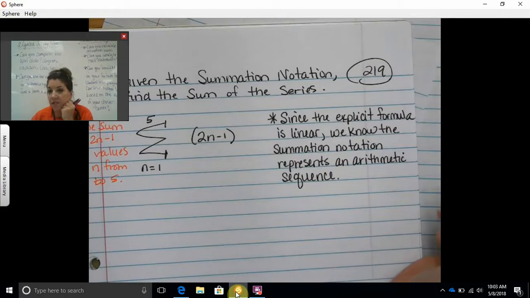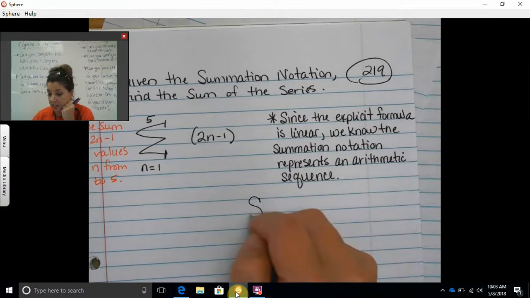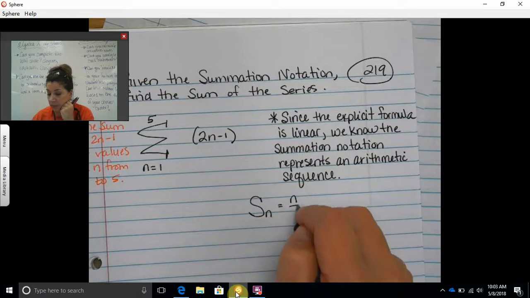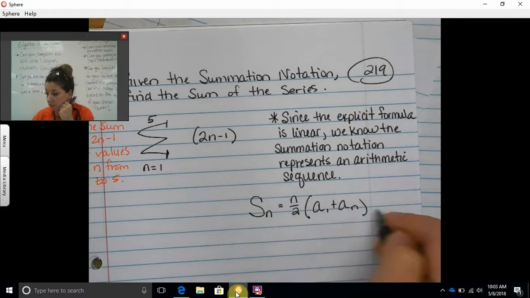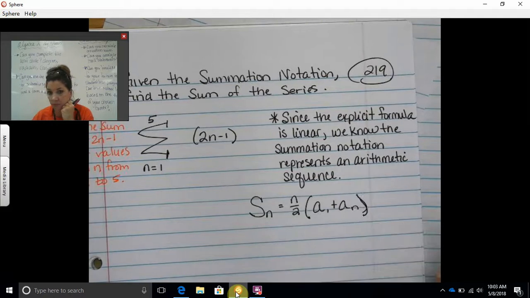So if I want to find the sum of an arithmetic sequence, the formula is S sub n equals n divided by 2 times, open parentheses, a sub 1 plus a sub n. So I need to know my first term and I need to know my last term